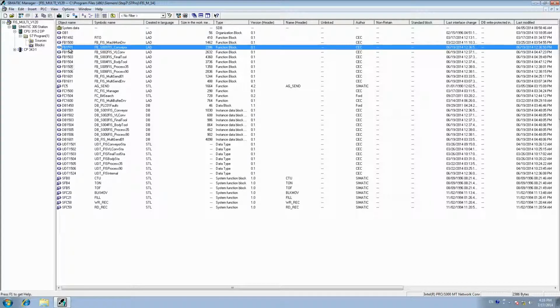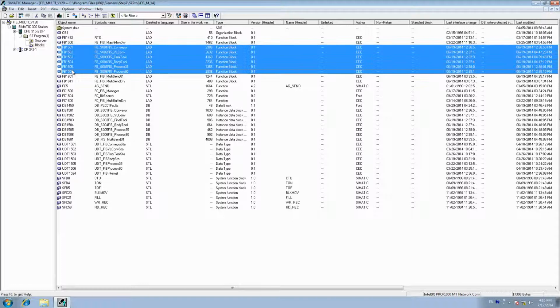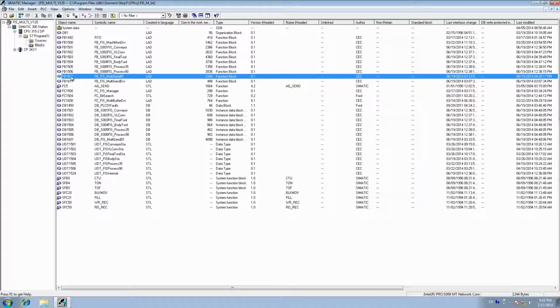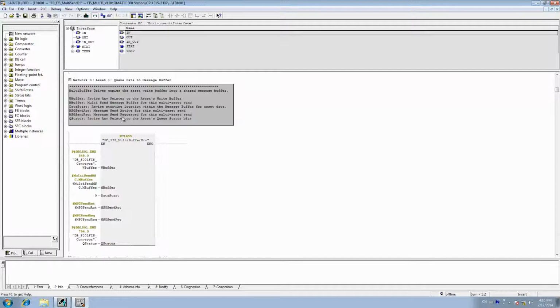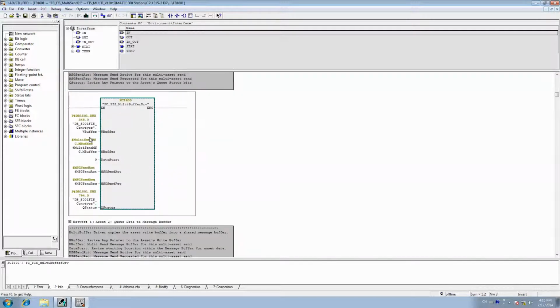After you program all your assets in your PLC, you need to configure the message that's going to send up the data to your collector. And that's what is in here. This is asset 1. So here's station 1, the conveyor. Here's your write buffer. And here's your queue status. Note that the data